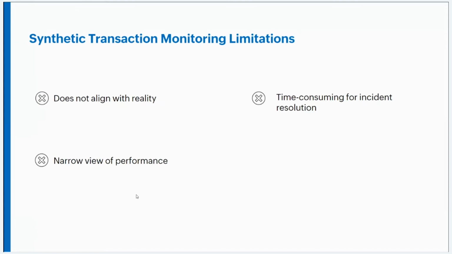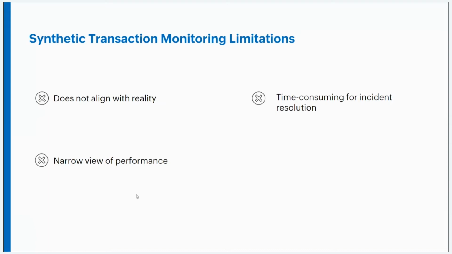To understand why RUM is more essential, we must understand the drawbacks of synthetic transaction monitoring. 1. It does not align with reality. Synthetic monitoring has one major weakness: it does not align with reality. Due to the fact that the nature of the traffic used for synthetic testing is not organic but synthetic, it isn't truly a representative of real user experience at any given time. Its outcome and performance are rather predictable. Because synthetic monitoring uses simulated actions, it does not predict the actions of real life customers.